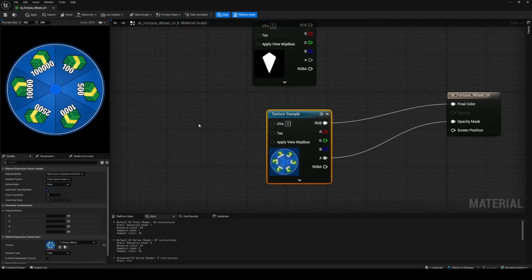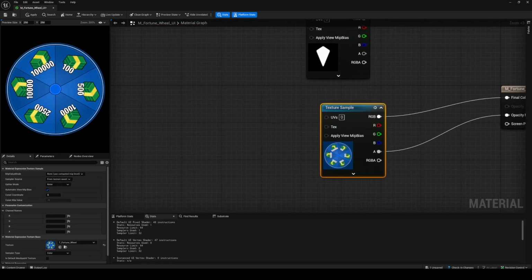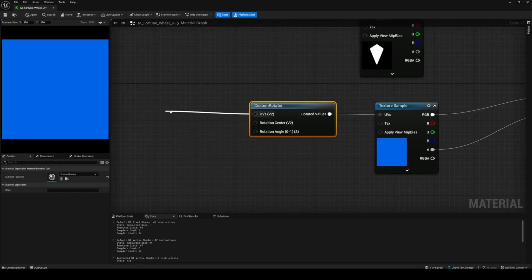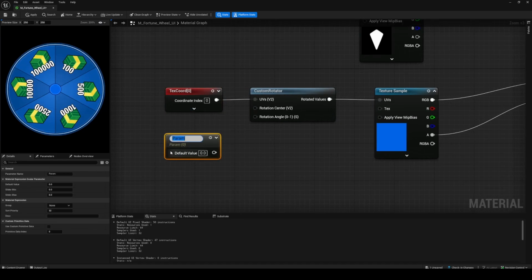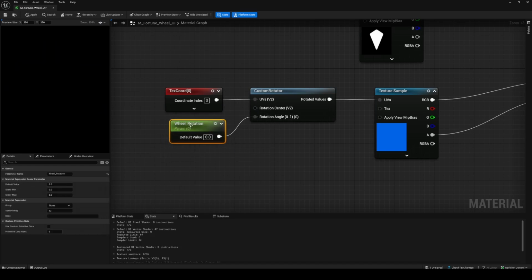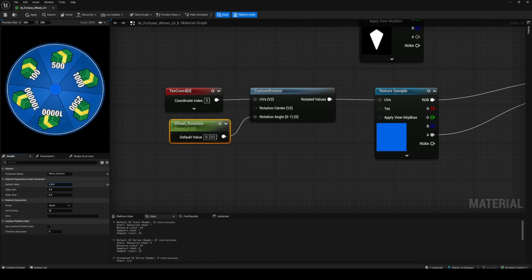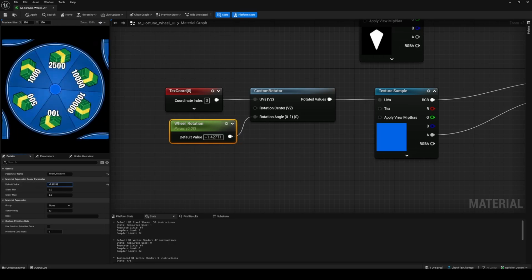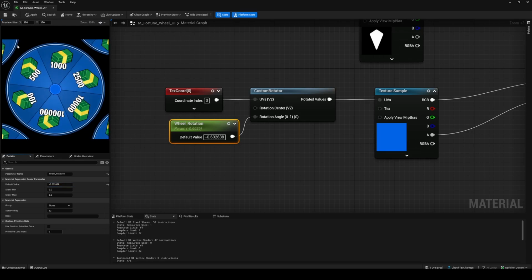And then we want to go custom rotator, and we'll plug that in here, and in the custom rotator we'll just plug in a normal texture coordinate, and we'll call this one as wheel rotation. We'll hold S and click to make a new scalar. Wheel rotation, we'll plug it into the rotation angle. So now you see as we spin that, our wheel is spinning, but because the texture is tiling, we're seeing